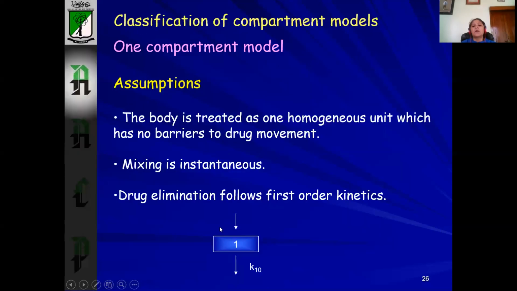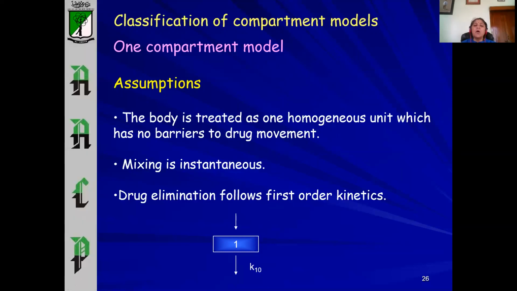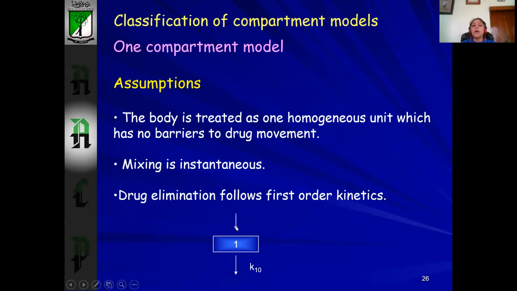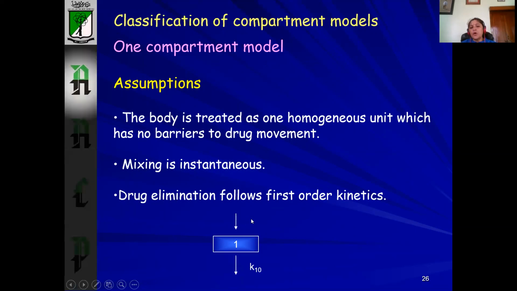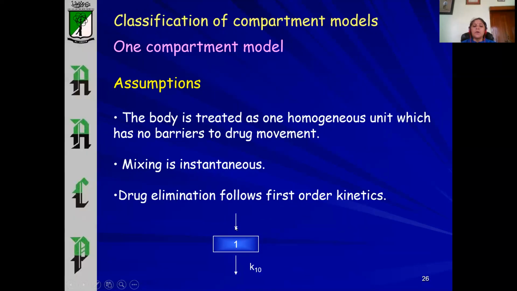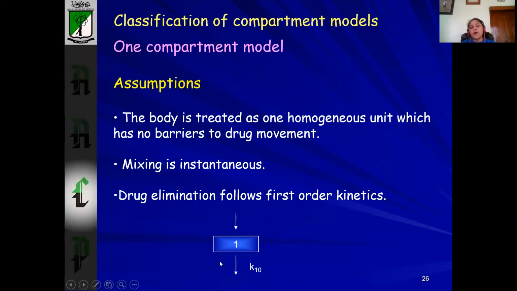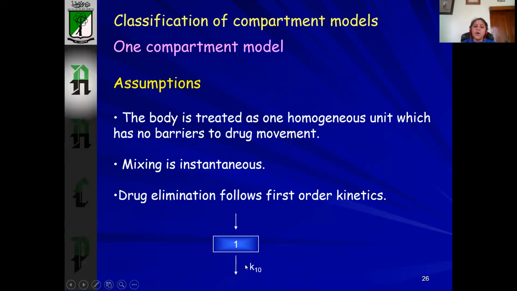What you see here, the compartment may be represented as either a rectangle or a triangle or a square. And you have an arrow coming into the compartment and an arrow going out of the compartment. Since this is IV bolus, there is no rate of absorption here, so there is no rate in. So the drug is entering directly into the compartment and then it is getting eliminated after all the ADME processes have taken place. The last step, that is E, elimination, is from the system to outside, and that is K10.